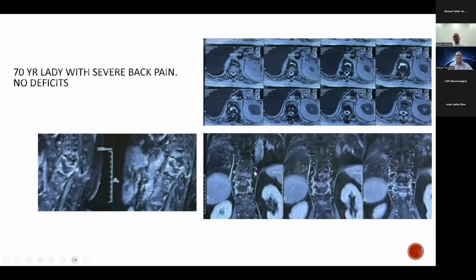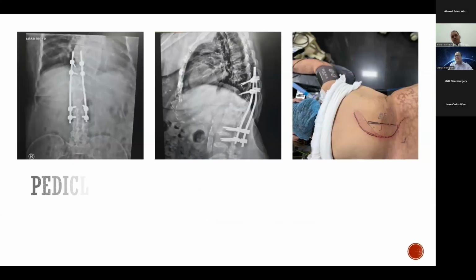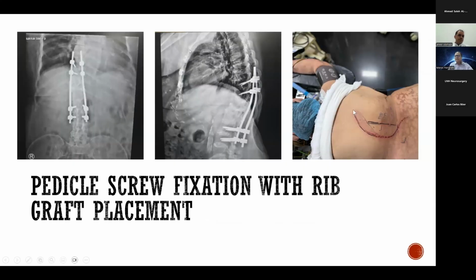So this is a case of a 70-year-old lady with severe back pain with no deficit. She came with destruction of the 11th vertebra, and you can see here. And so we did costotransversectomy for this lady. As I explained, we use a curvilinear incision instead of a midline incision, reflect the flap, and